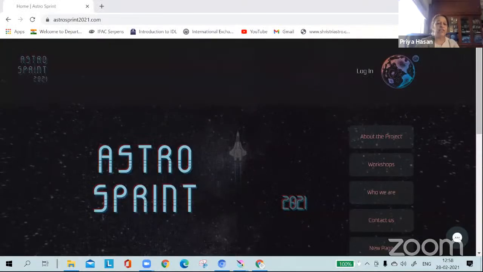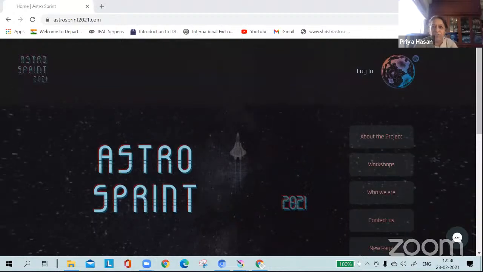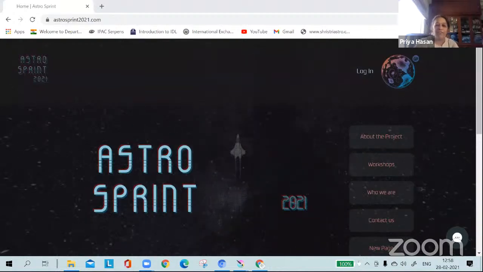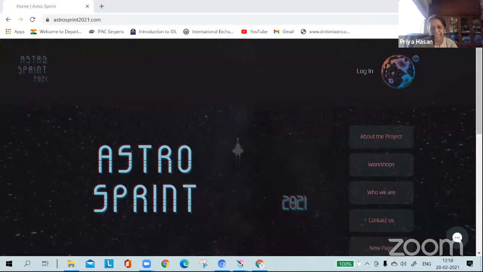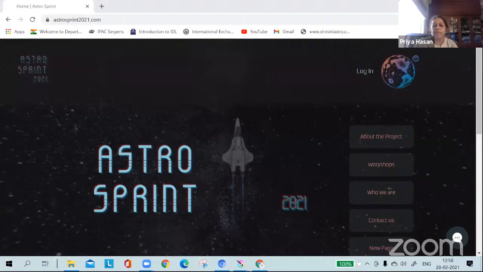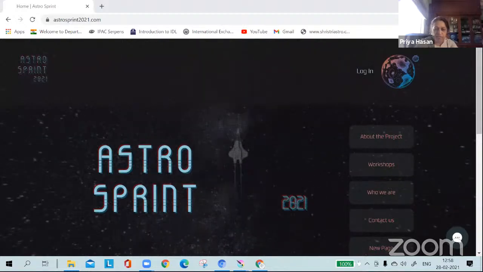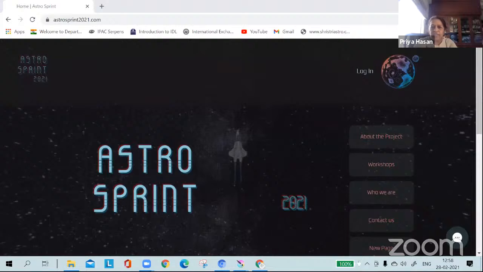So you're going to see the new workshop, the new thing that we're going to do. I hope you all can see it. This is our new thing, which is called Astro Sprint. It's Star Trek themed. I hope all of you are Star Trek fans. If you have not seen Star Trek, please see it. It's good fun. So in short, Astro Sprint is basically,